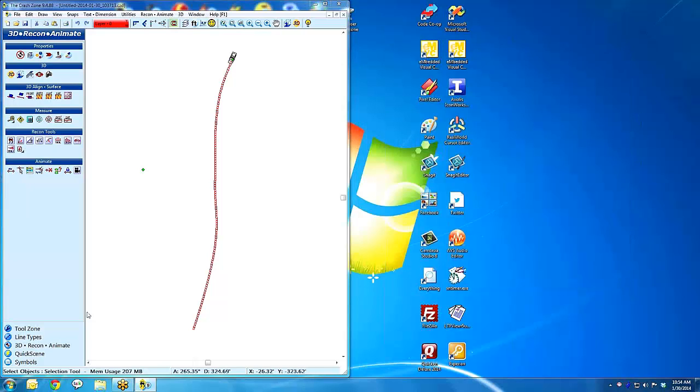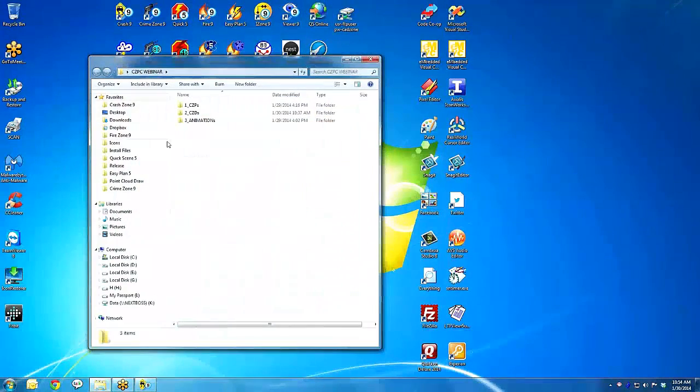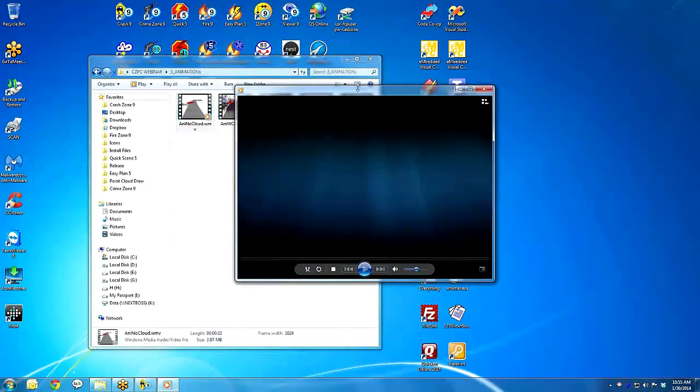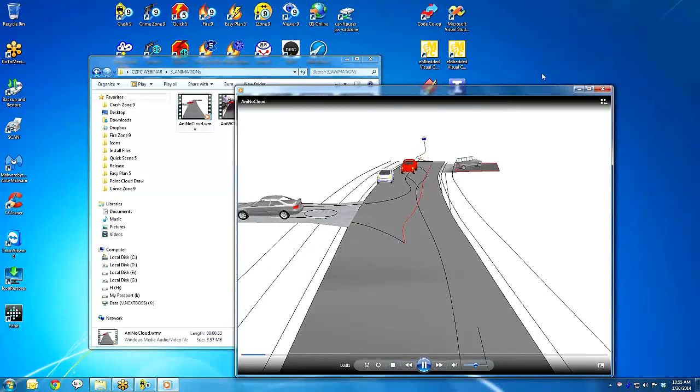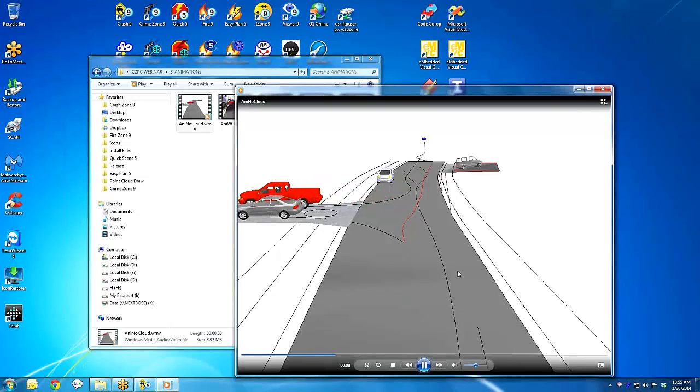I'll shut that off, and now I'm going to open up, give me one second here, I want you guys to see what this looks like. So here's a little single position scan in a neighborhood, and after we created a very simple drawing of a roadway, we then created an animation. So we've got multiple vehicles. We have a truck pulling into a driveway, and you can see all the road path and everything. It doesn't look very impressive. Here, cars pulling out of the driveway,